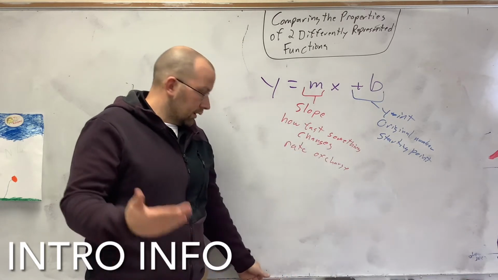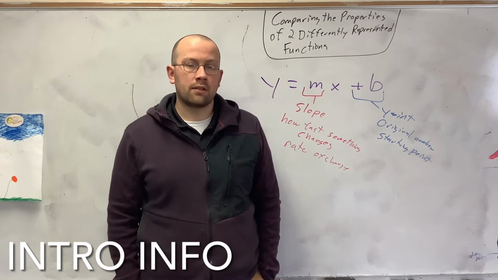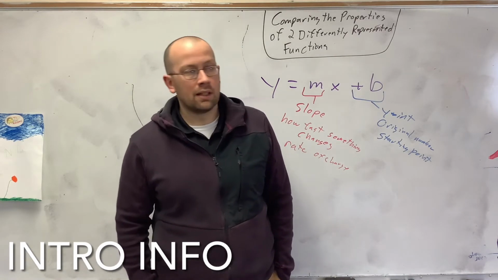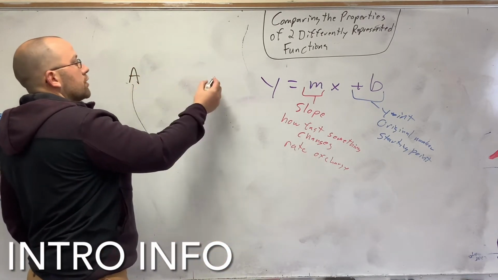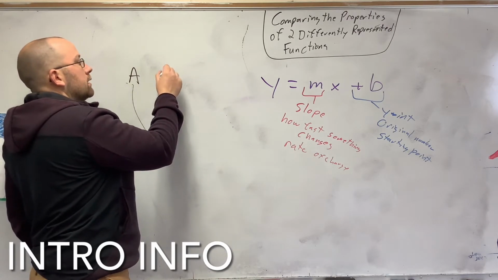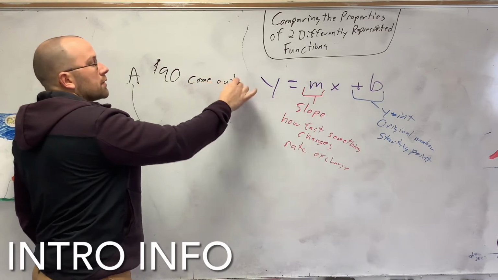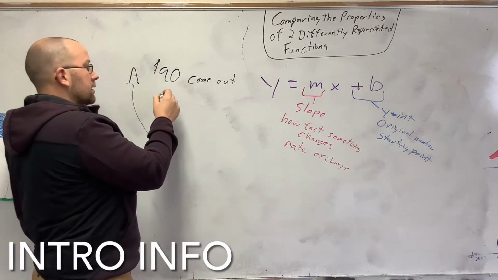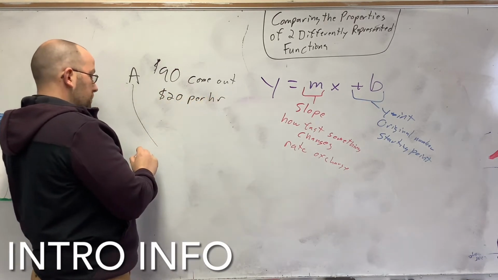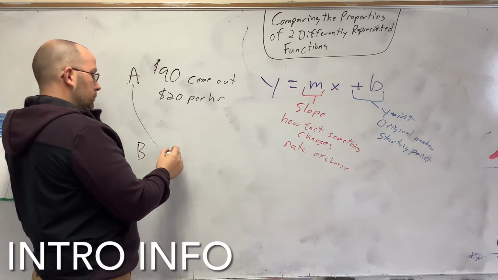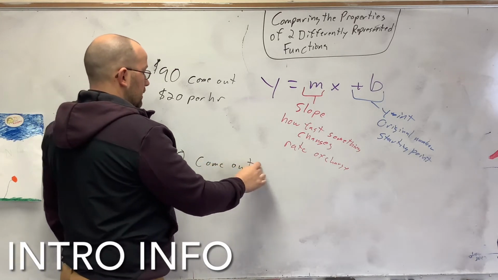For example, say you're looking for a plumber, plumber A and plumber B. Plumber A is going to charge you $90 to come out, just to show up at your house, and after that it's going to be $20 per hour. Plumber B is only going to charge you $50 to come out and check on things,